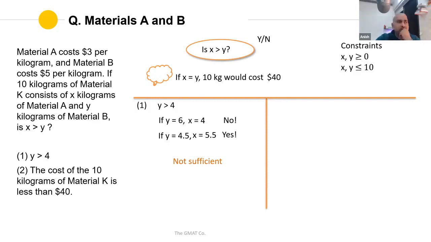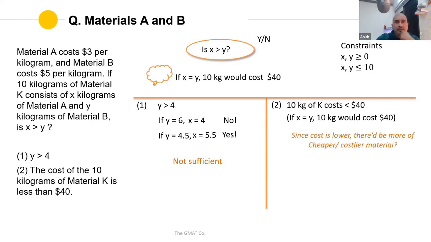Now let's look at the second statement. The cost of the 10 kilograms of material K is less than 40. So 10 kilograms of K costs less than $40. And we had already discussed earlier that if X and Y were equal, 5 kgs each of the two materials, then the cost would be $40. Now, since the cost is actually lower,